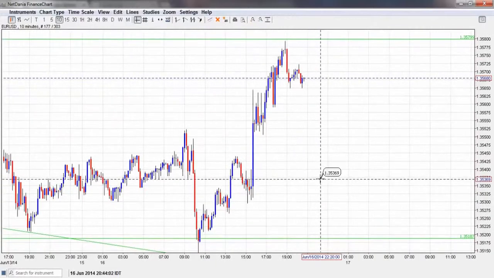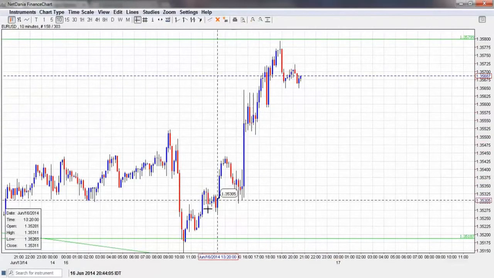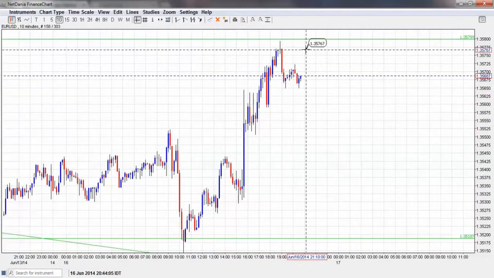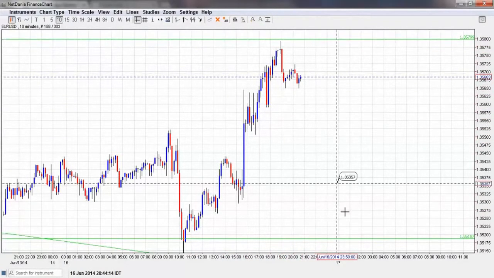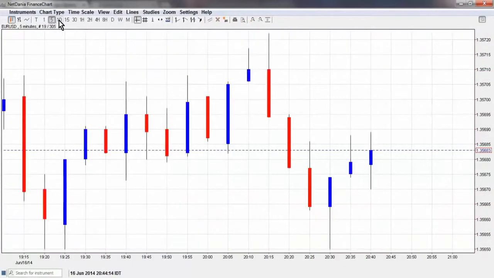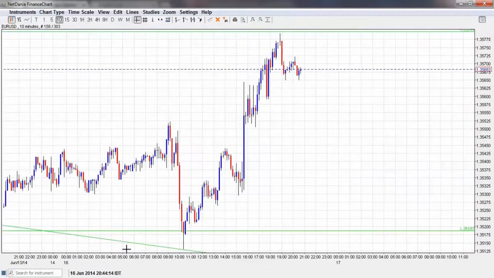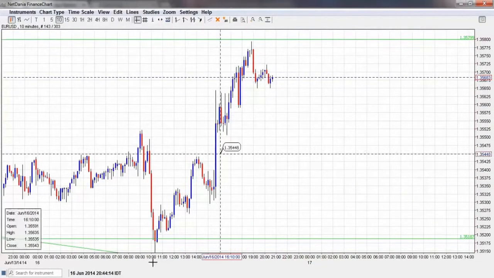No indicators set up on my chart, purely speculating that what we're looking at is that we're going to be coming up towards the resistance line before really touching that line and coming down the other side. So I'm sort of between two minds right now about what's going to happen over the next few minutes, but I'm pretty assertive that we're going to see the price coming up to that line before we come